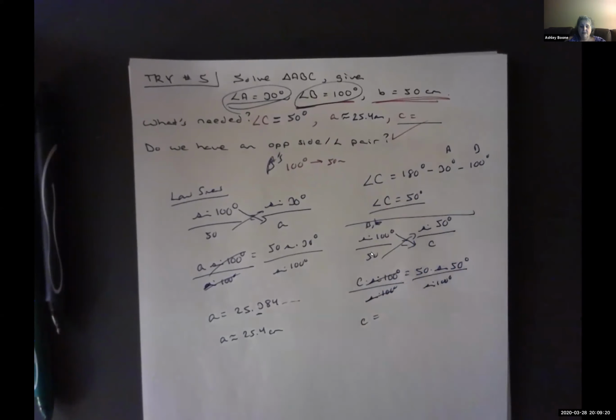So if you go 50 times the sine of 50 degrees divided by the sine of 100 degrees, we end up with